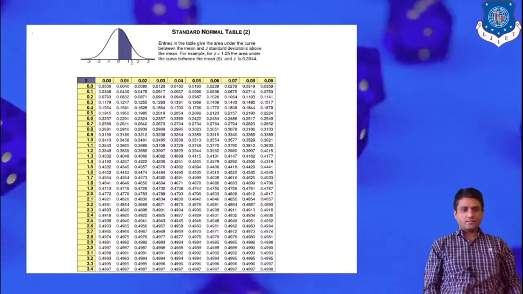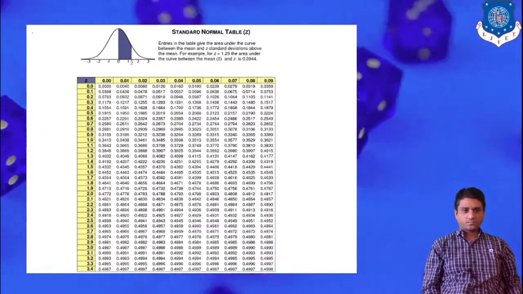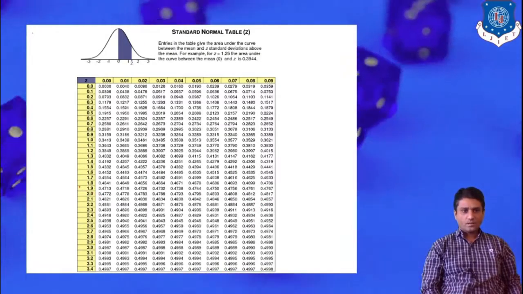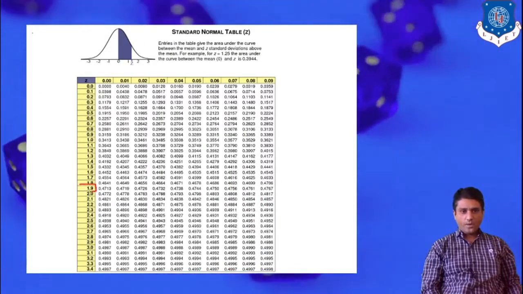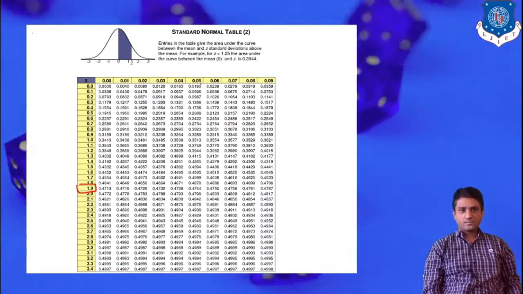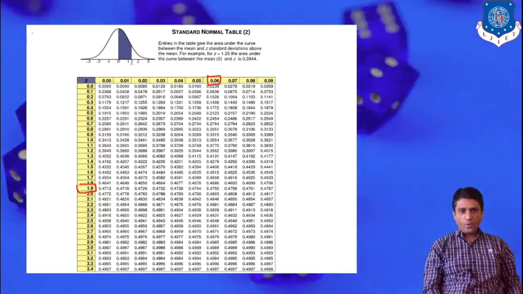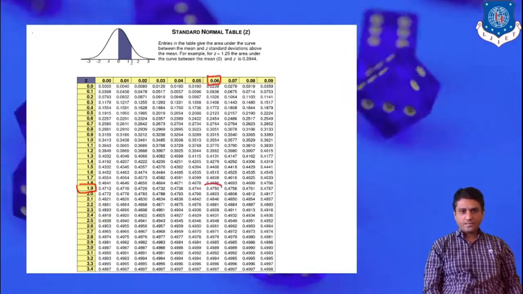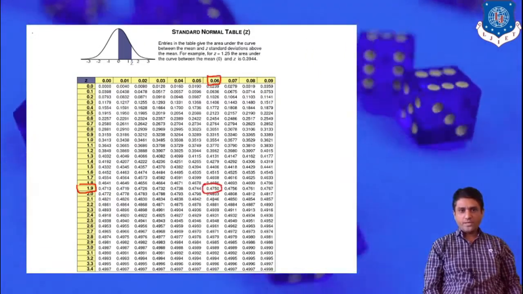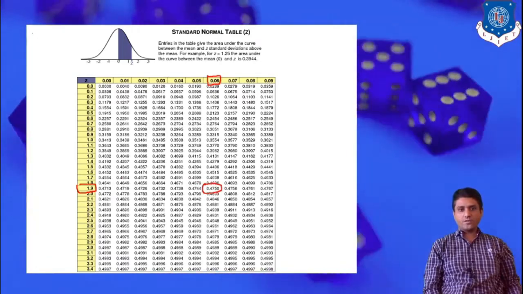So see the table. We have to highlight this 1.9 and this 0.06, and now the corresponding point of intersection is this one, and you can see it takes the value 0.475.